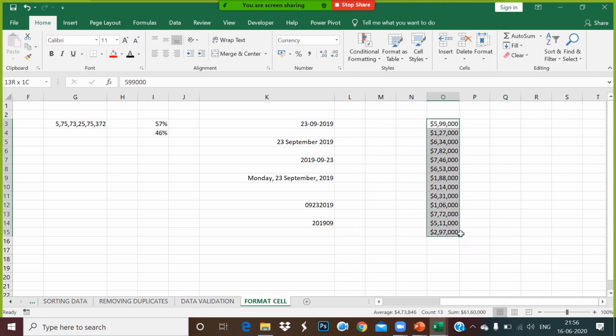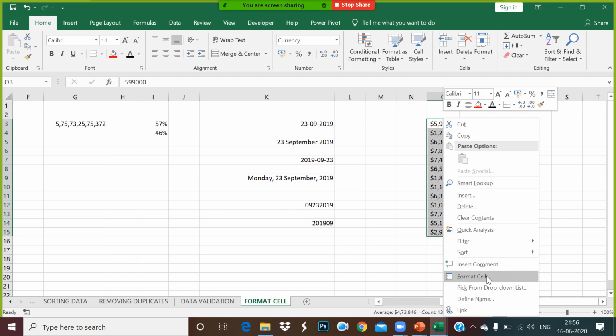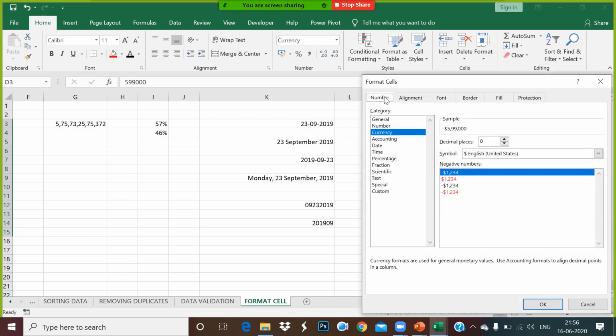Now imagine we are talking about numeric. When you talk about numeric and say format cell, you will go to number format. Number format starts with general, number, currency, accounting, date, time, percentage, fraction, scientific, text, special, and custom. Guys, you do not have to worry about accounting, fraction or scientific as of now, because those would be used in your Excel advanced analytics.